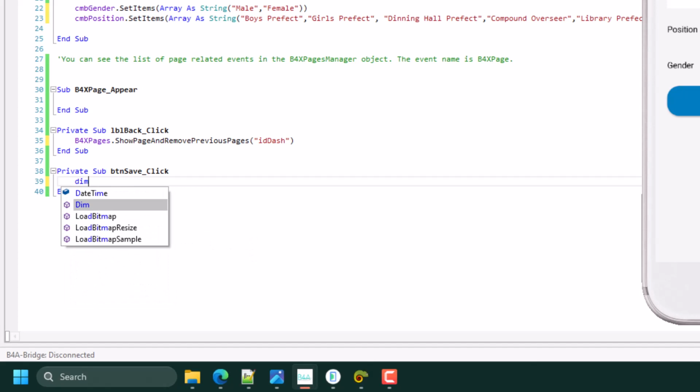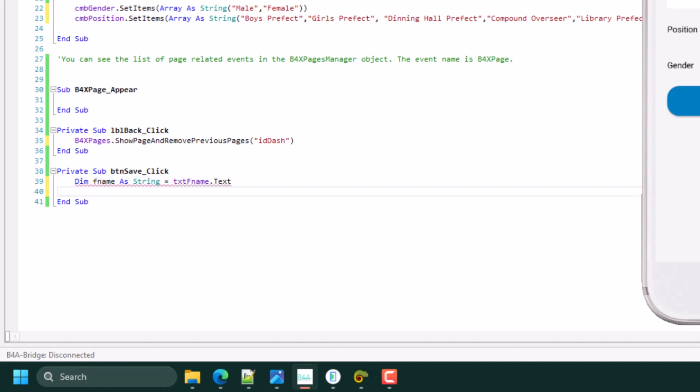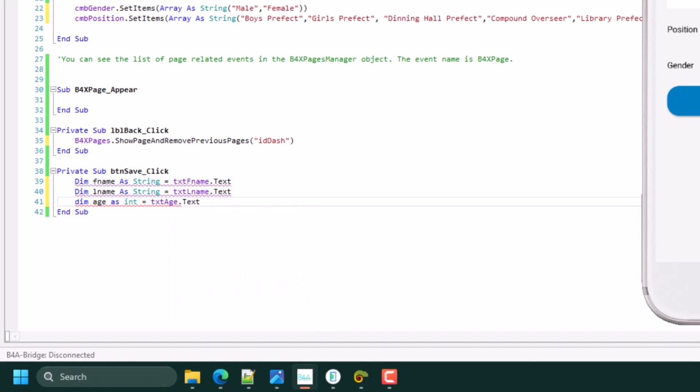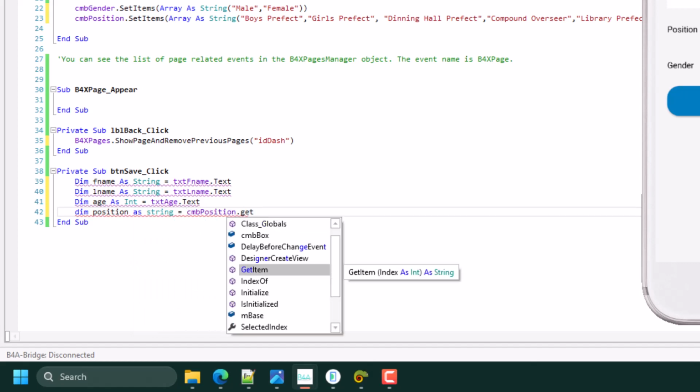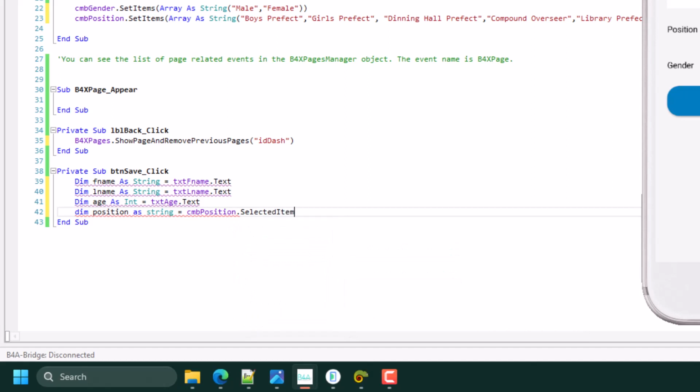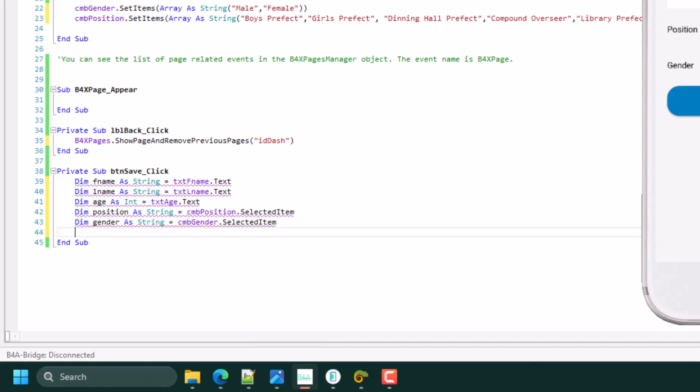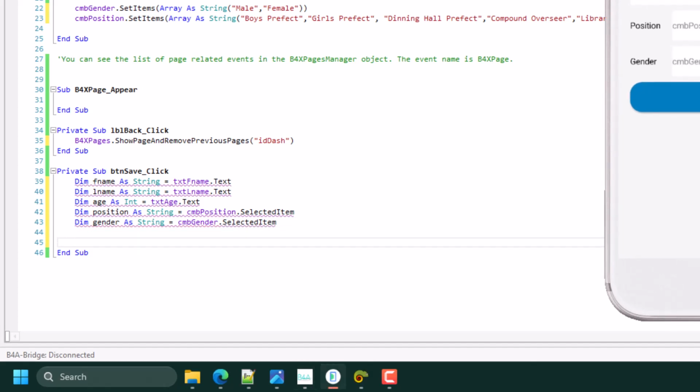So fname as string equals to first name dot text, then element as string, last name dot text, then age as string, also age dot text, then position as string equals to CMB position dot get selected item, then gender as string equals to CMB gender dot selected item. Good.